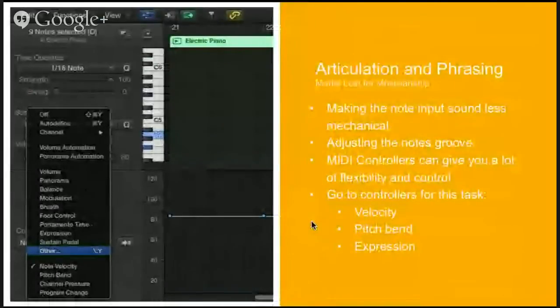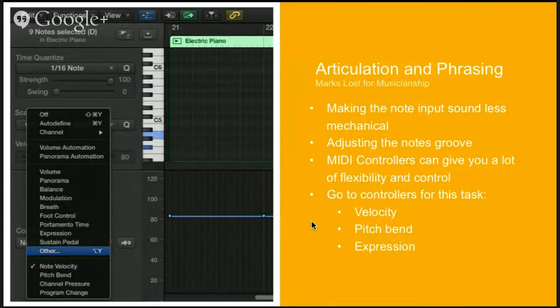Articulation, phrasing. Once again, my students always lose so many marks on this one, and this is really what's going to push them into that next area. For those that are able to play the parts in, they're going to be a lot more adequate to getting those extra marks, because a lot of the pitch bending they can do live, and it always sounds better if you've got a keyboard player in your class that really understands how to manipulate the pitch bend and how to manipulate the sustain and all the other elements of keyboard playing, and has a really good timing. They're always going to score that much better in many respects than someone that types it in,